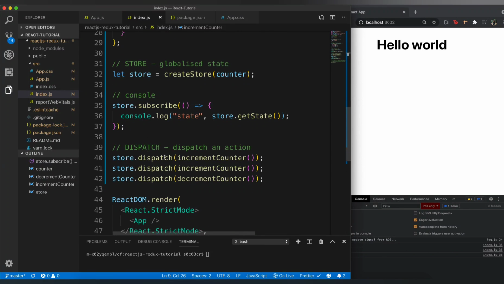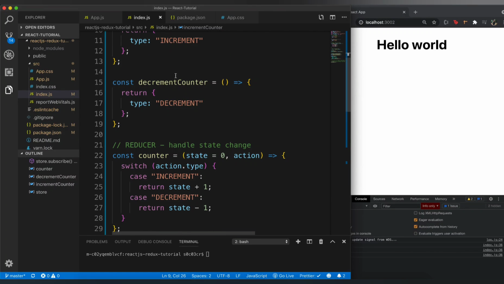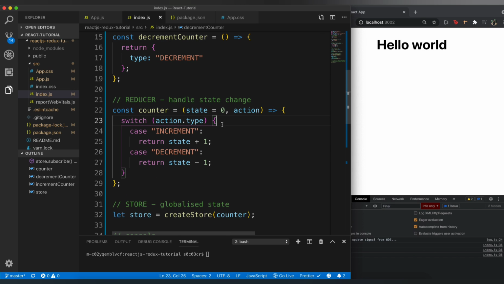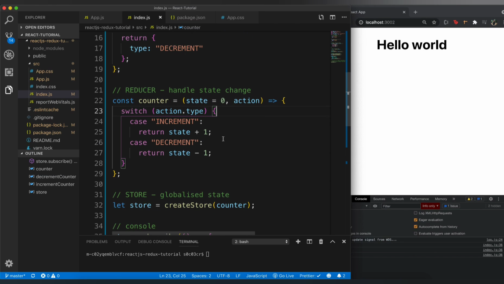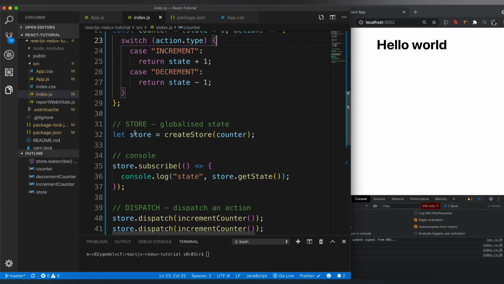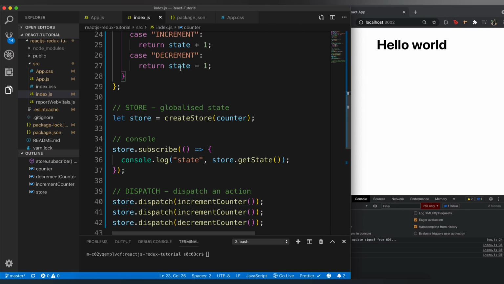Now just to repeat one more time, we start from dispatching an action. From the action, we actually dispatch the type of action. The control goes to the reducer. The reducer will check what are the different types of actions and what action needs to actually take place. Based on what action we take, what state change we do, it is going to get reflected in the main store, and we are subscribing to the store to check for changes, and we will be able to see it in the console, right? So this was the basic flow, and now let's actually see how to do it in